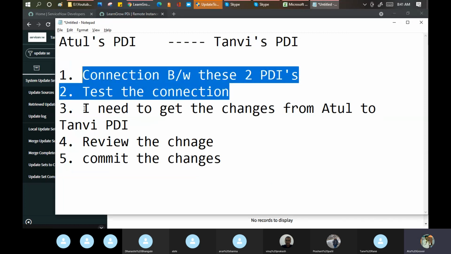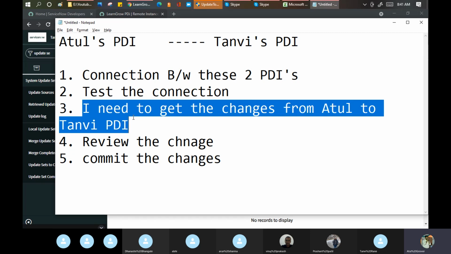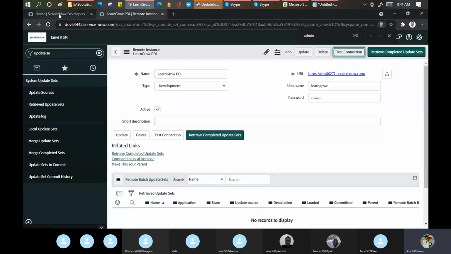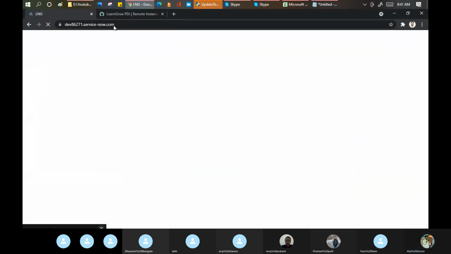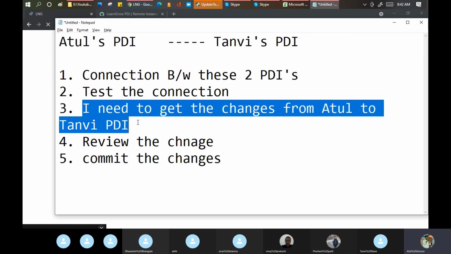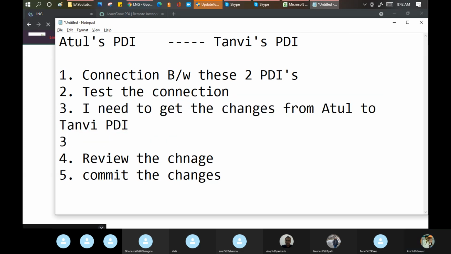Third step, I need to get the changes from Atul's PDI to Tanvi's PDI. But before that, let me go to Atul's PDI here, because when I say bring the data, bring the configuration, what I need is step 3.1, and all this activity needs to be done in Atul's PDI.